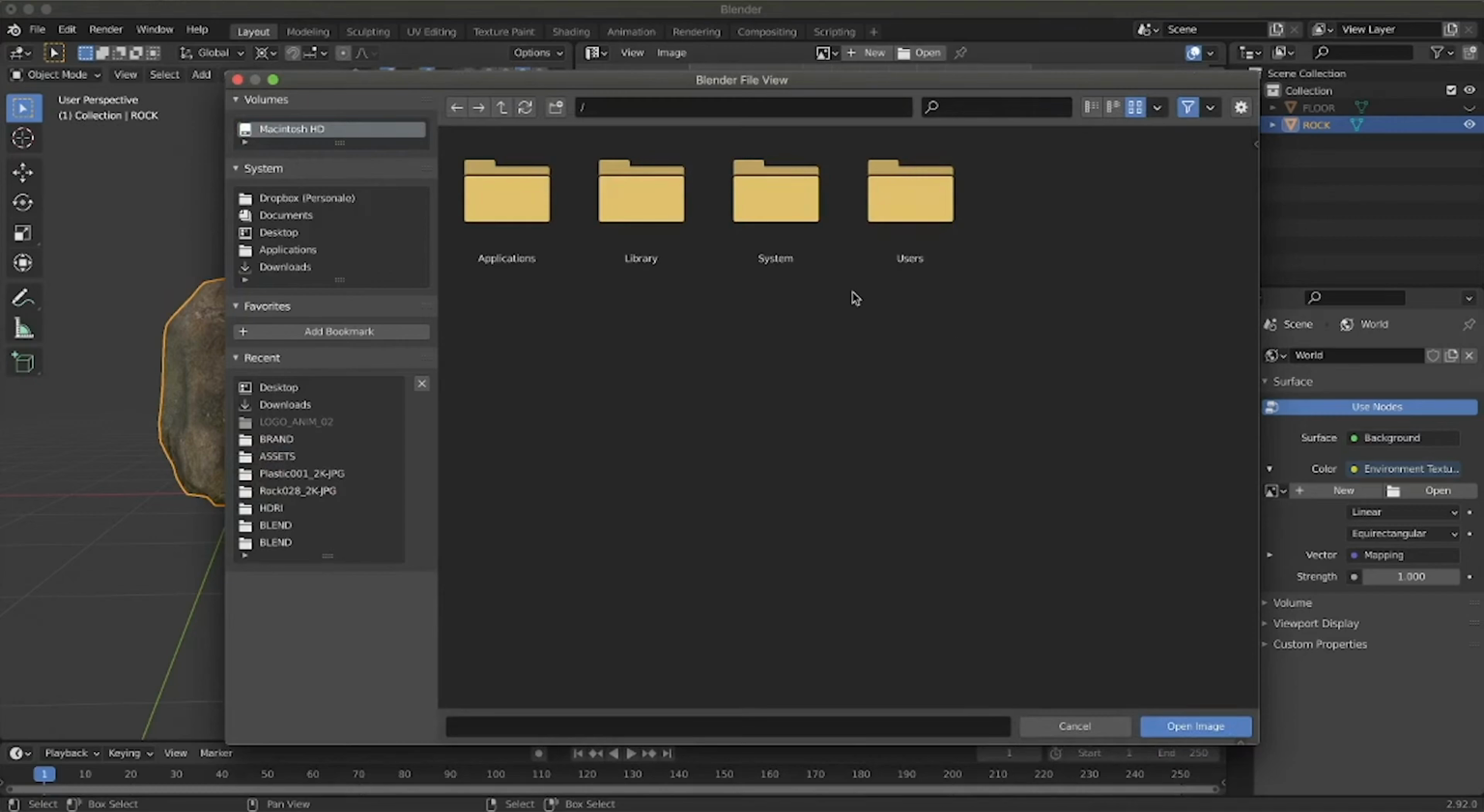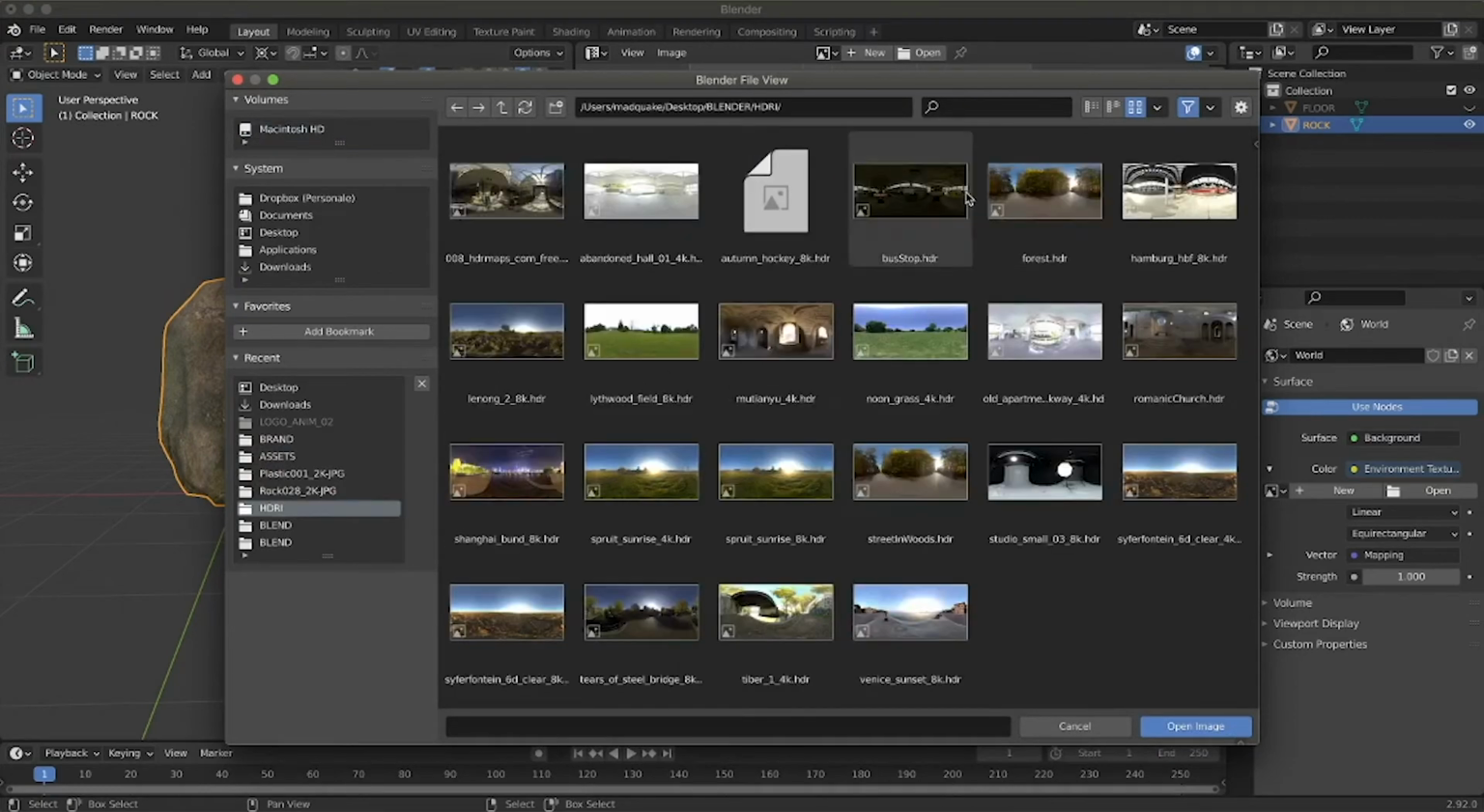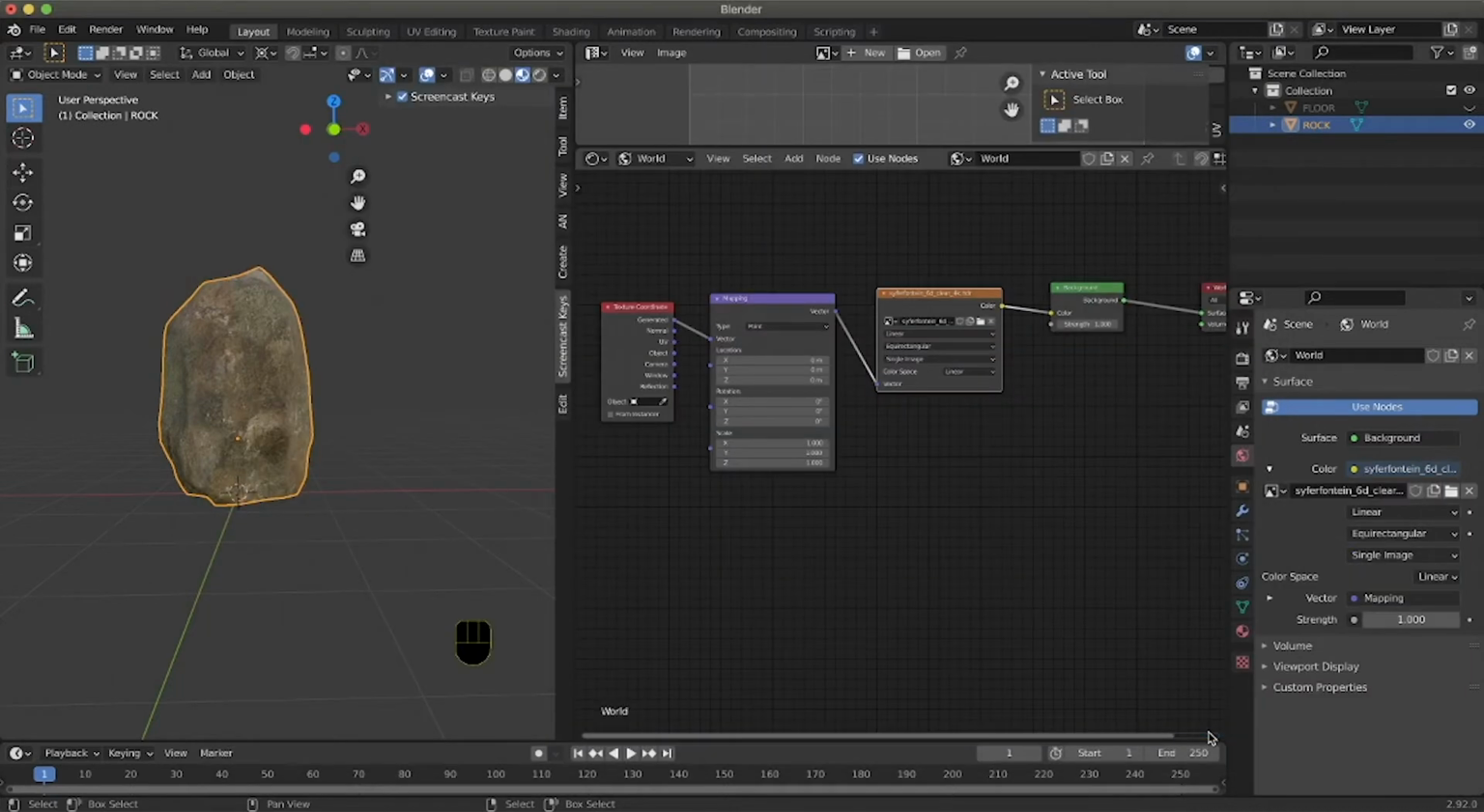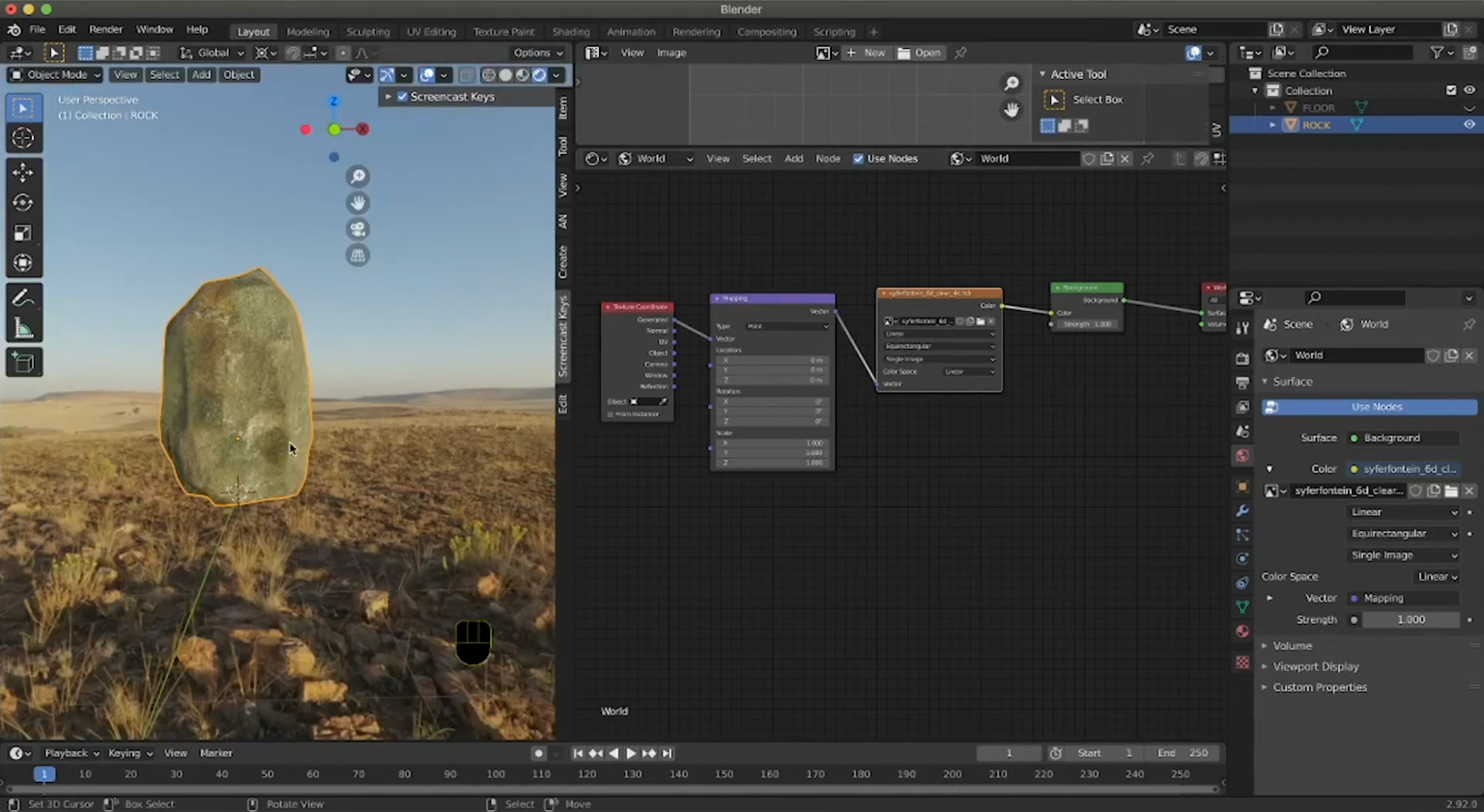So you simply have to look for your texture. I have a bunch of HDRI maps. In our case, I think that, well, if we are in the desert, it should be fine. So we can open this. Of course, you're not going to be able to see it unless you go into a render view and you see